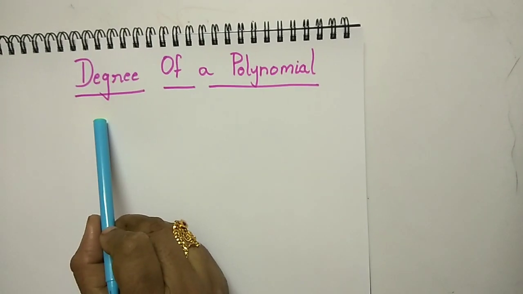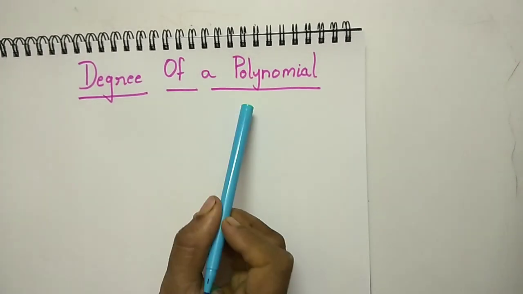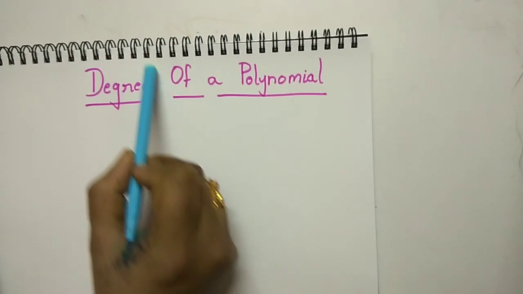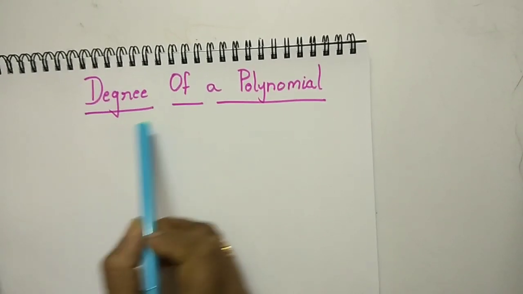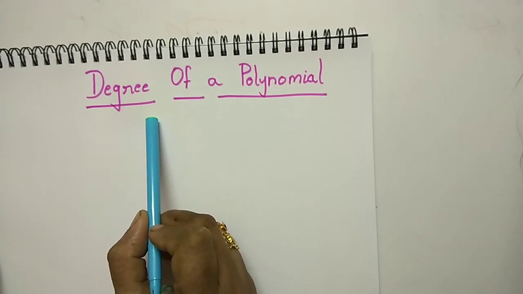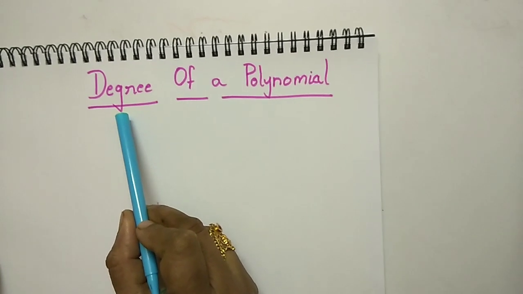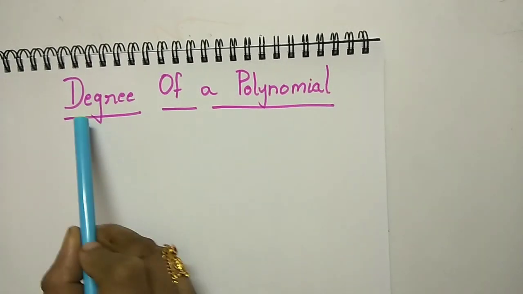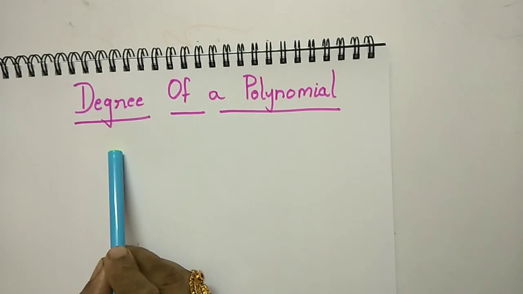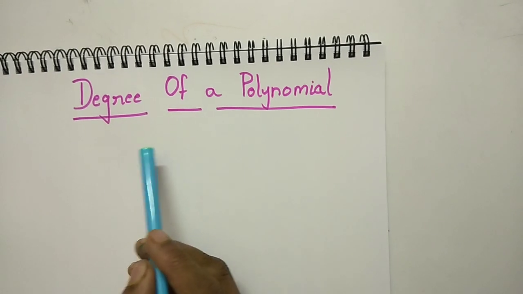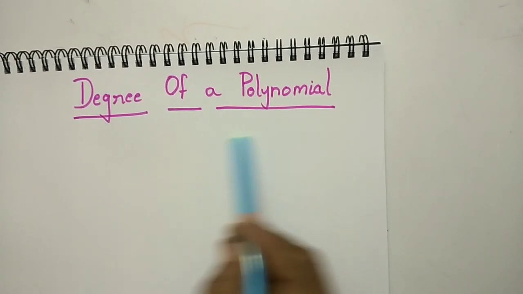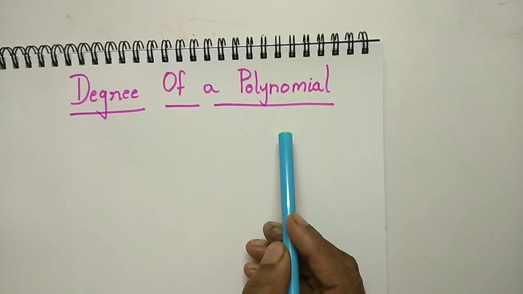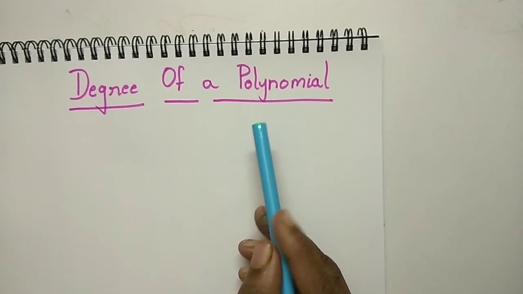Now I am going to explain the concept degree of a polynomial. Okay, I know when you see the word degree, definitely your mind clicks the term temperature. Is it not? Similarly, when you see the name degree of a polynomial, if your mind clicks the word power of a variable, then this concept will be very easily and clearly saved in your minds. Now let us go into the concept.